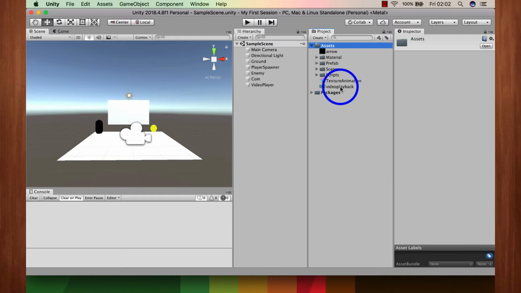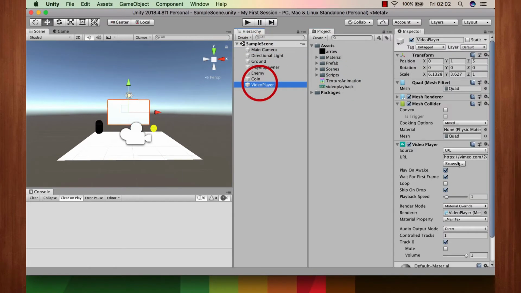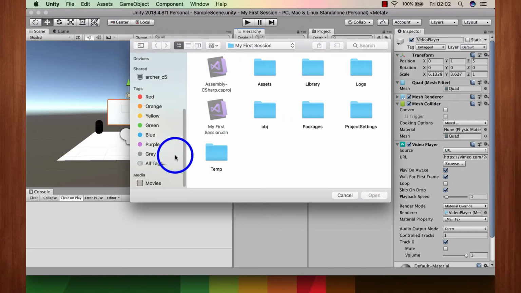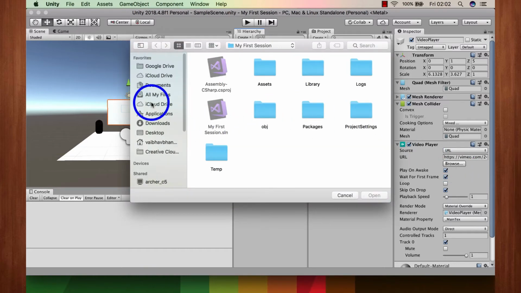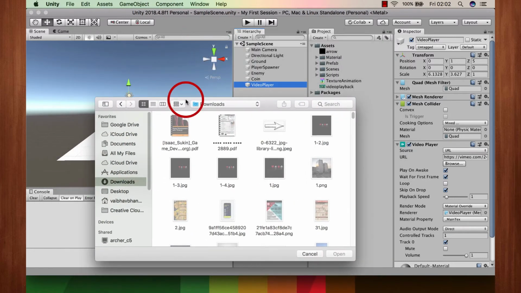So our video we can see over here, and this is our video player. We can even browse and open this file. You don't have to keep it inside Unity. And what I can do is